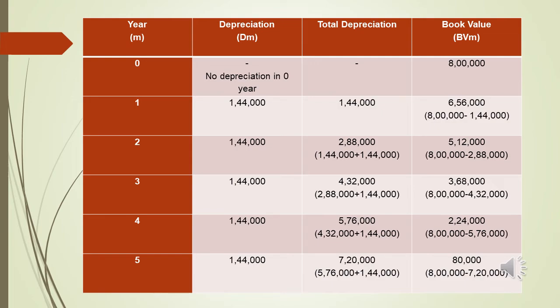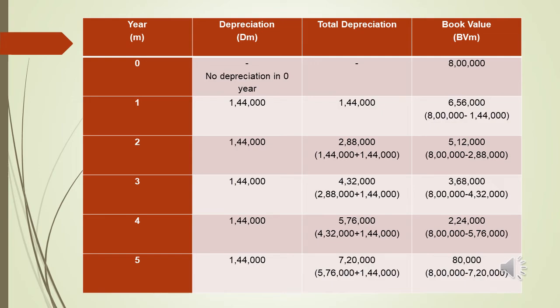So I have completed BVM value of third year. Next I am going to calculate BVM value of fourth year. That is 8 lakh minus total depreciation of fourth year, that is 5,76,000. So 8 lakh minus 5,76,000